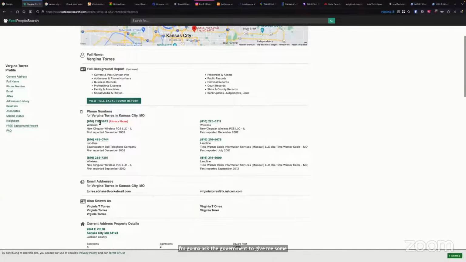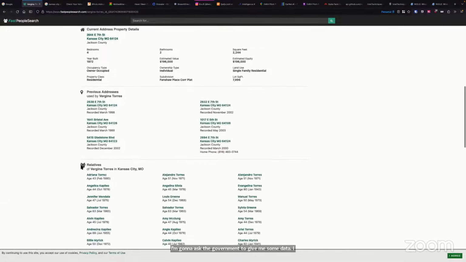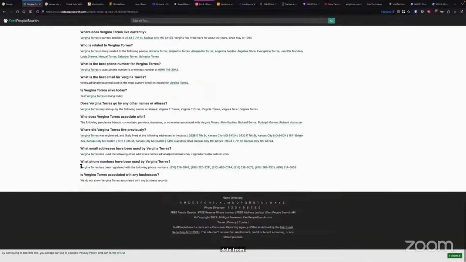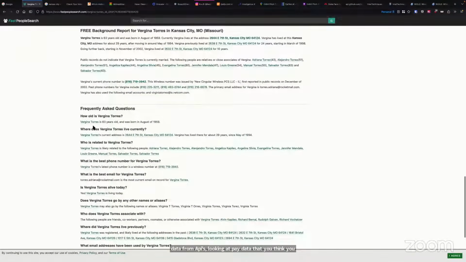Now, I'm not interested in most of this data. This is regular OSINT. What I usually do is go down and look for their full date of birth. Websites like this will tell you part of the information. It'll say this person is 63 years old, born in August of this year. What about the day? I want the exact day they were born, just to have a full date of birth.